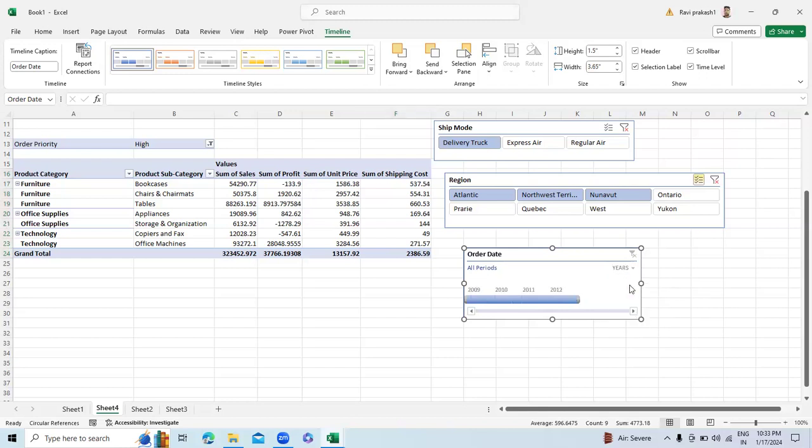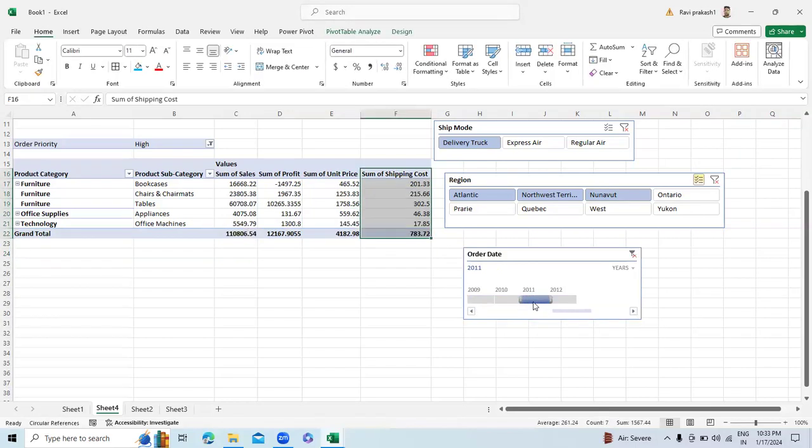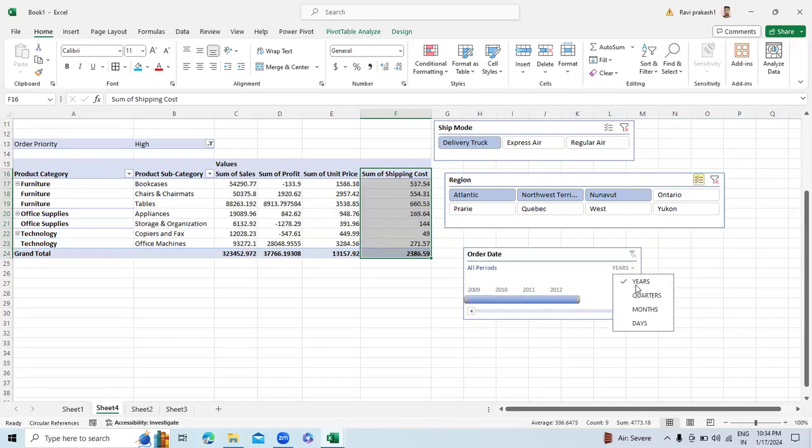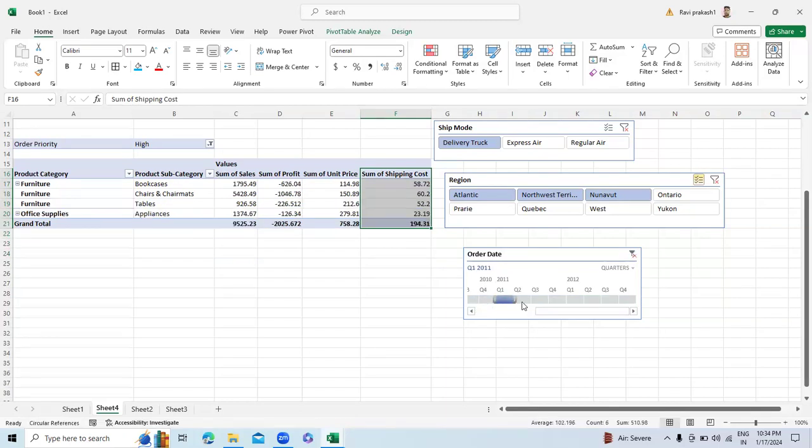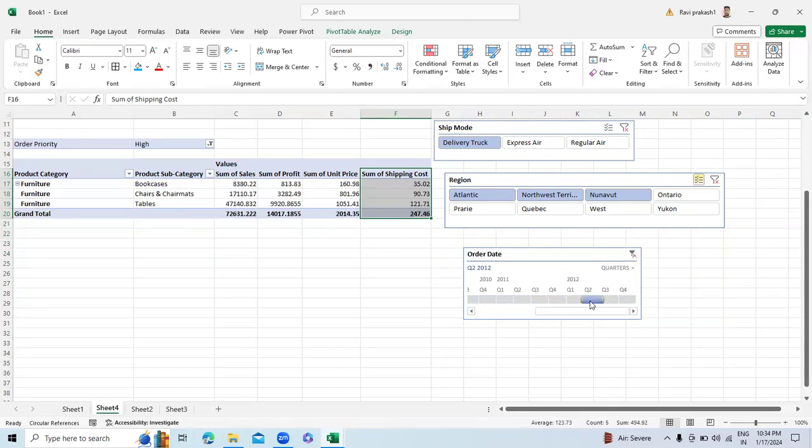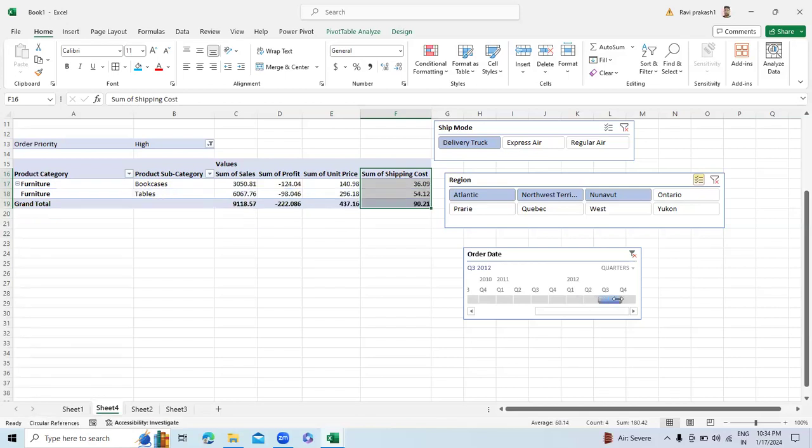यदि आपको ईयर से फिल्टर करना है, ईयर वाइज डेटा को फिल्टर करना है, if you are interested to only see the 2011 data, so even you can do that. And now here we can see ईयर का ही डेटा हमें यहाँ पे दिख रहा है. Similarly यदि आपको एक पर्टिकुलर क्वार्टर का डेटा देखना है ईयर वाइज, so even you can do that too, right? And यहाँ पे हमें एक पर्टिकुलर ईयर का, पर्टिकुलर क्वार्टर का डेटा हम फिल्टर आउट कर सकते हैं